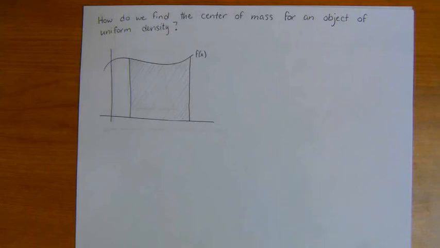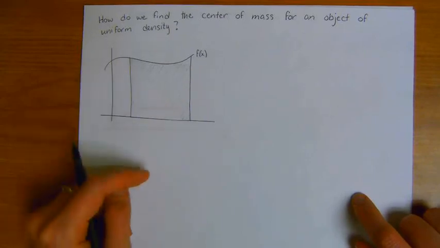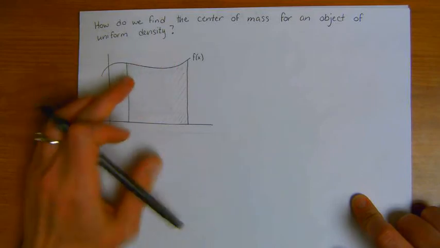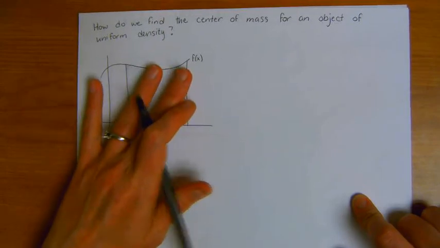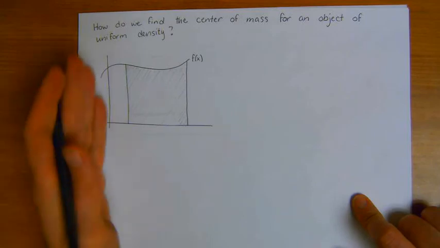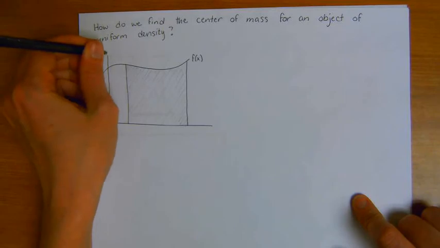So next, let's consider what happens when we want to find the center of mass for an object of uniform density. We looked at center of masses for objects that had just discrete points in the last video, but suppose we have a thin sheet of metal that had the same density throughout. Even though it has the same density, all of the moments are going to be different because the distances from the axes change. And to start off with,